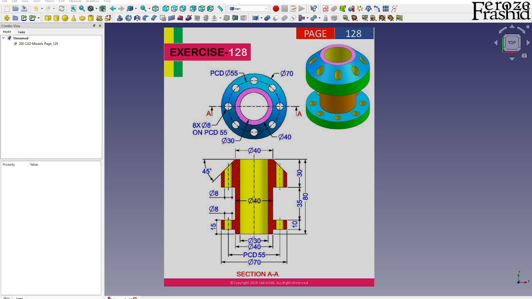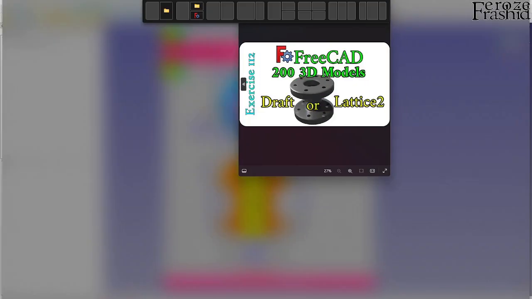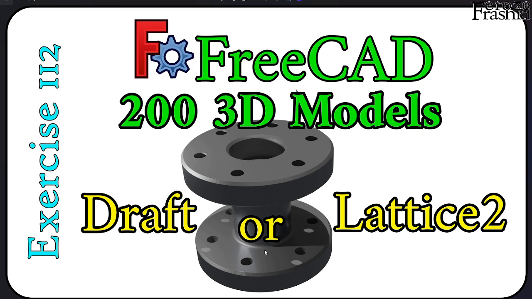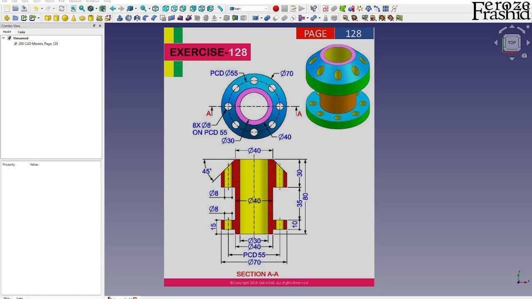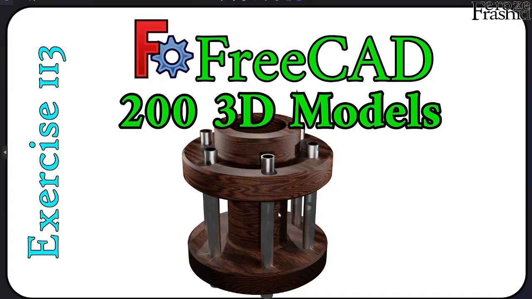112 and exercise 113. So here is the exercise 112 that I did, and it has a similar structure. So the upper part will be, the chamfering would be a bit visible. And exercise 113 is also a similar structure where we have in some pipe gone through those holes that we